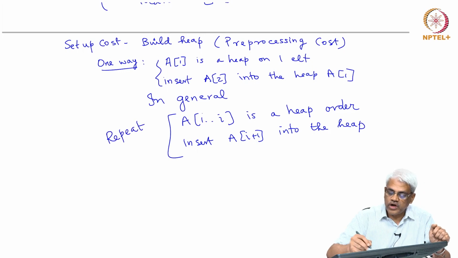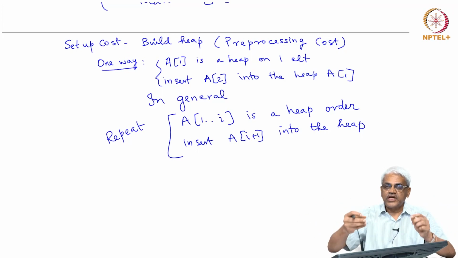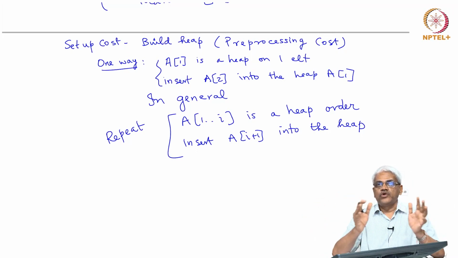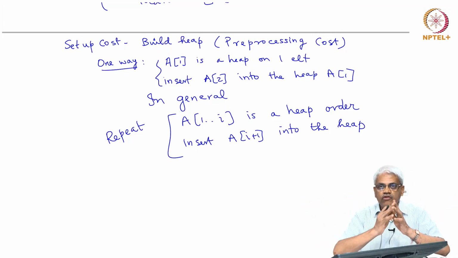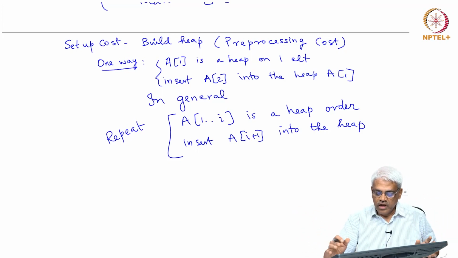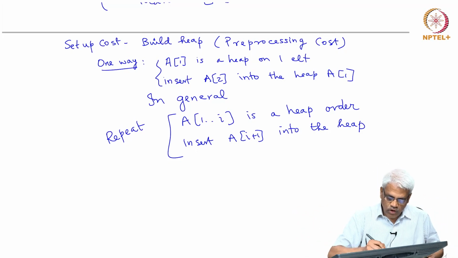At the end of it, A1 to Ai plus 1 is a heap. Now insert the next. So keep inserting the next element into an already built heap. That's all I'm saying. If you do that, at the end of it you will have a heap on n elements, and the overall time